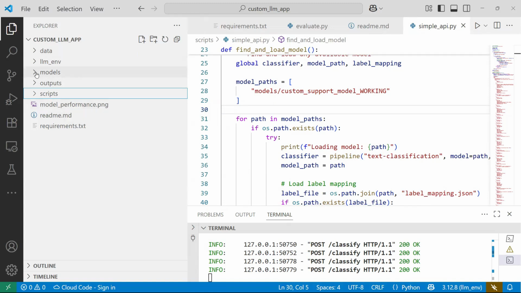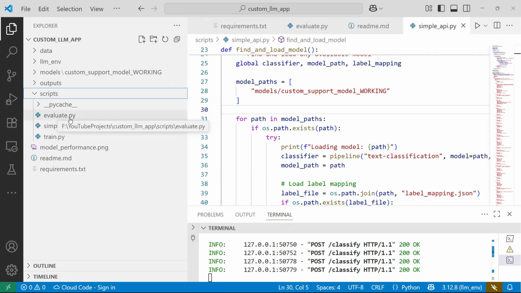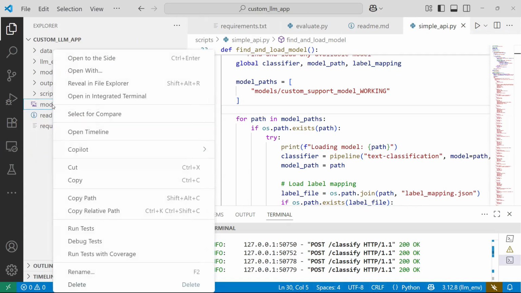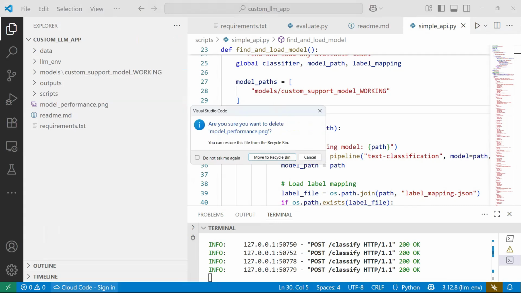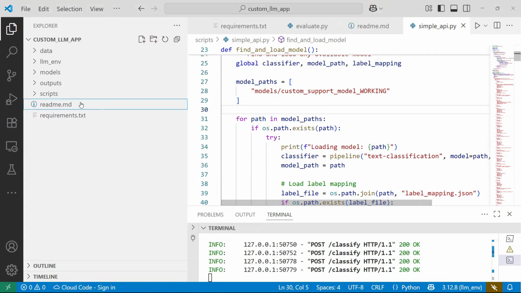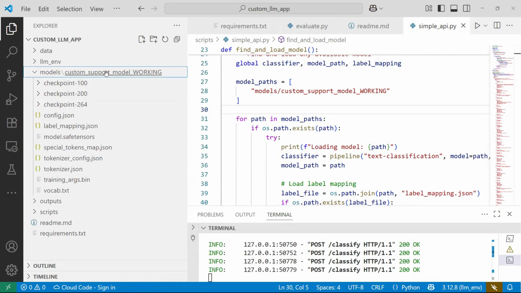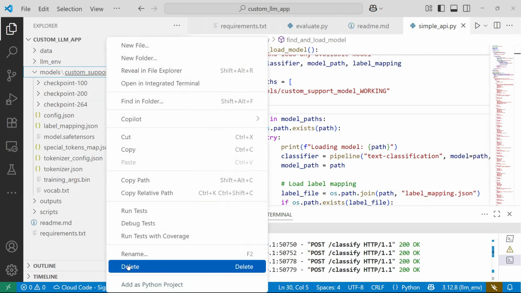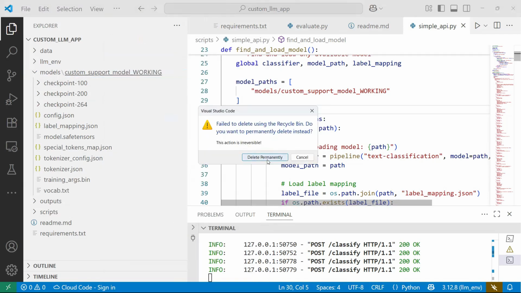Then models is there inside. Outputs, where I can store some logs. Scripts, where there are three scripts: evaluate, simple API, and train. Model performance I will run and show you. So let me delete things from here because I want to run and show you. I'm just clearing things for your benefit.